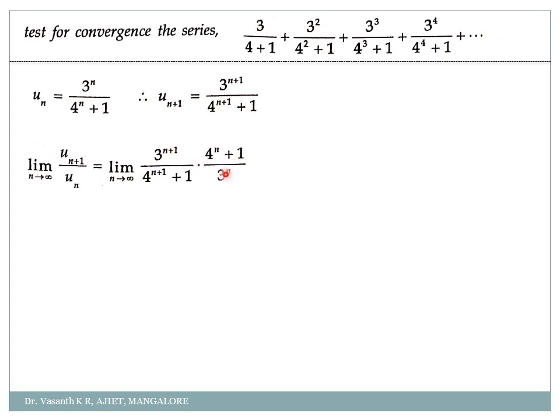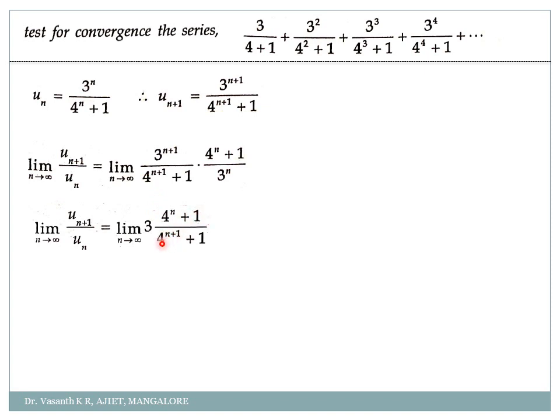So if you check here, 3 power n will get cancelled, correct? Easily it will get cancelled. 3 will remain here first. Yeah, 3 is remain. Then I will go for 4 power n plus 1 divided by 4 power n plus 1 plus 1. Now what to do? Tell me. See, whatever it is there, my n should be always there in the denominator. So in my numerator I will take 4 power n outside. So what will I get here? 1 plus 1 by 4 power n.